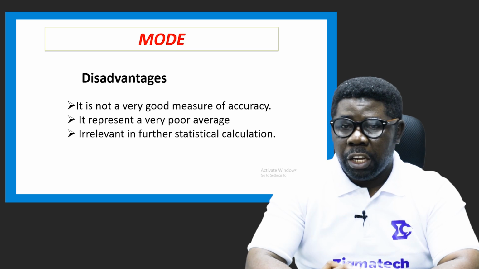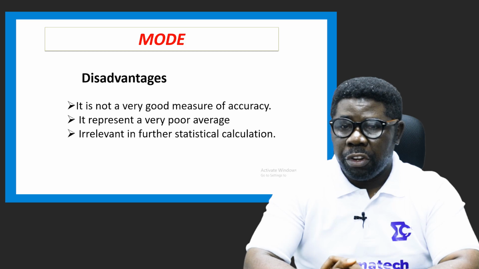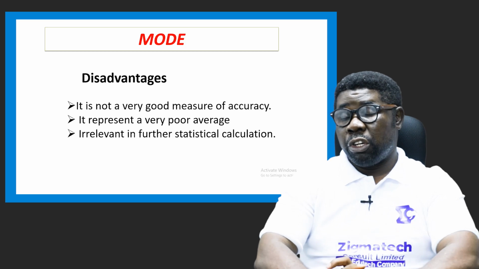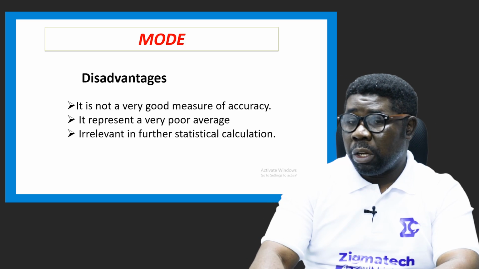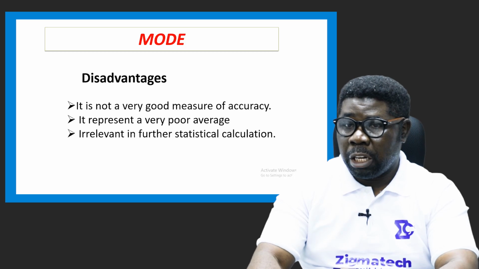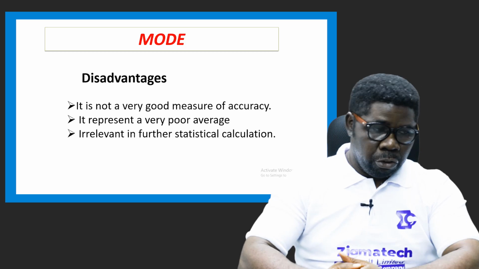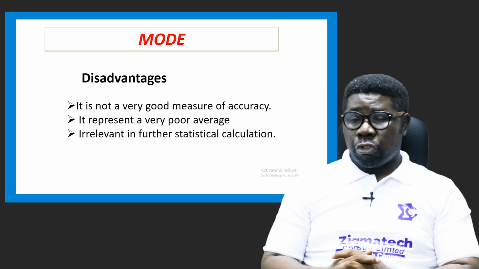All right, it represents a very poor average. Of course, that's very true. It's irrelevant in further statistical calculation. The mode will not help you to make proper decisions when trying to come up with an average value for everybody's benefit. Okay, so based on this fact, we have been able to go through